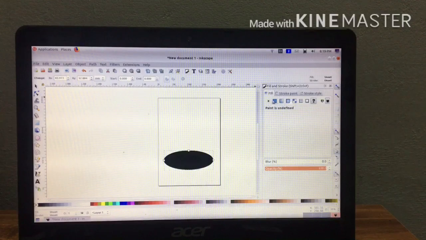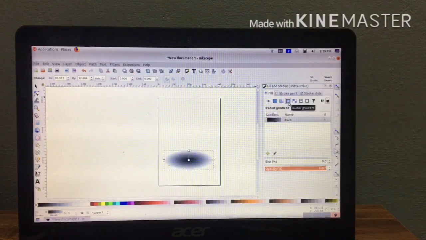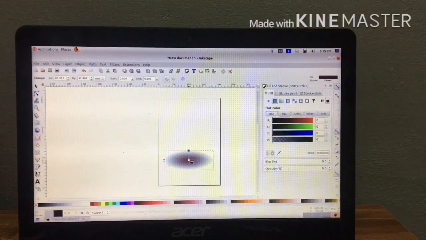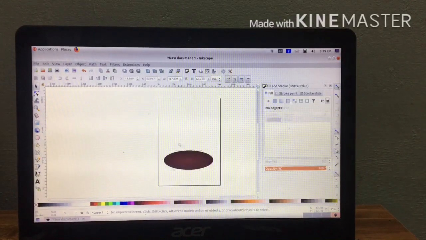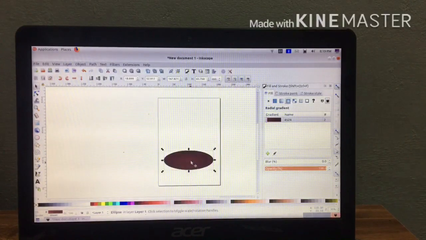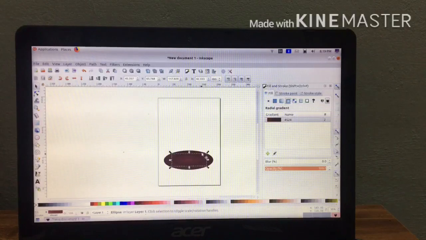Then take the radial gradient tool, click on it. Then click on the middle node, select a light color, and click on the side node, select a dark color. Then to take its duplicate, select the selection tool, then right click, select duplicate, then reduce its size and arrange it properly.